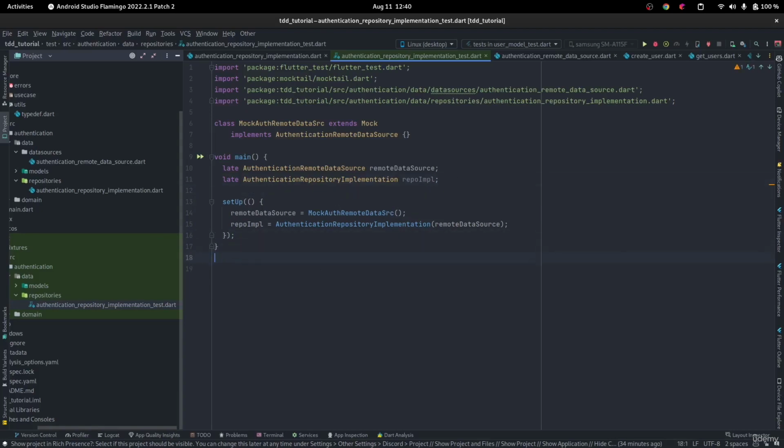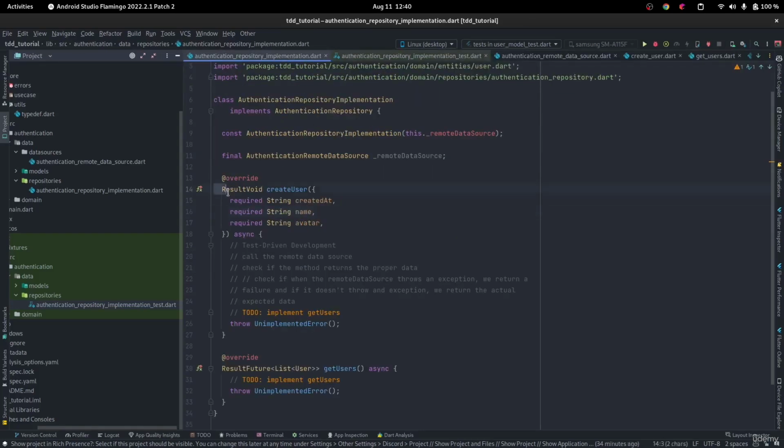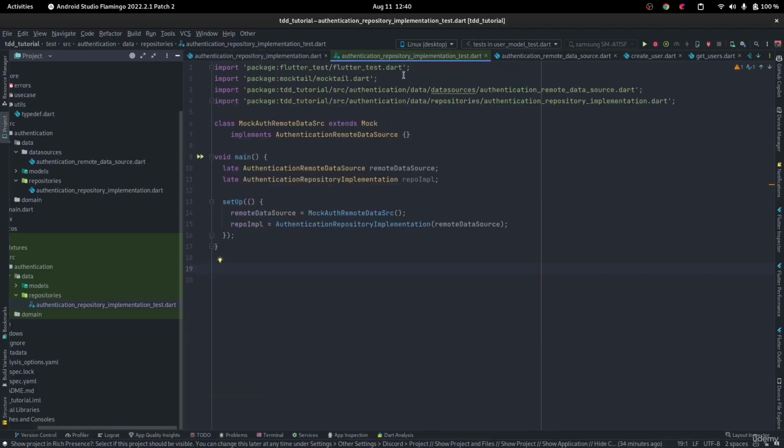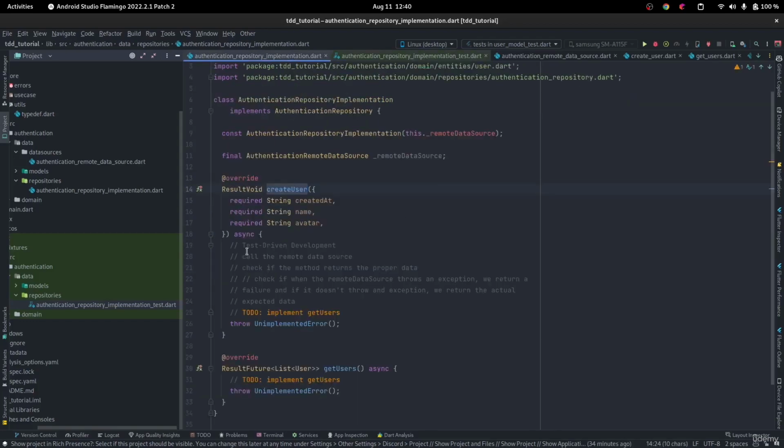Now, how does this test actually work? Remember, I told you that we're going to test the functions one after another. So the first function we're going to test will be the create user. Remember that inside of the create user, we're going to be testing for two things. First of all, to check if it calls the remote data source. Secondly, and to make sure that if